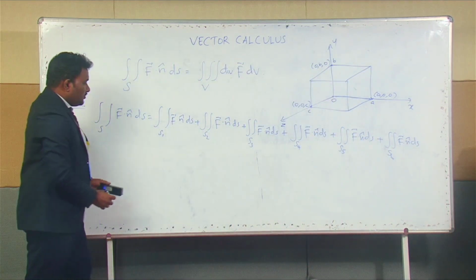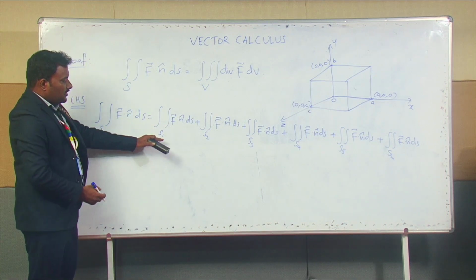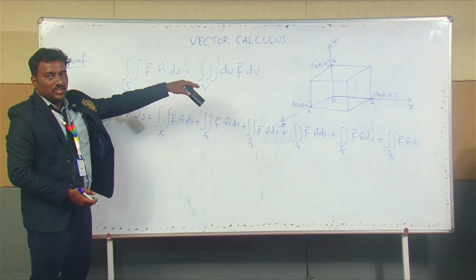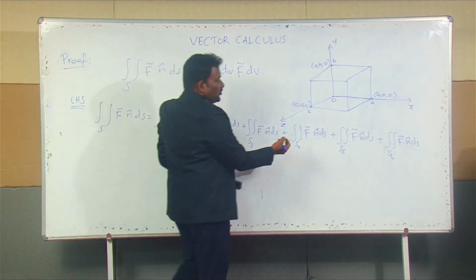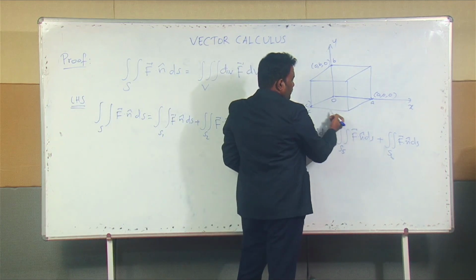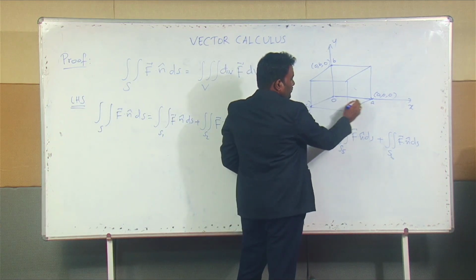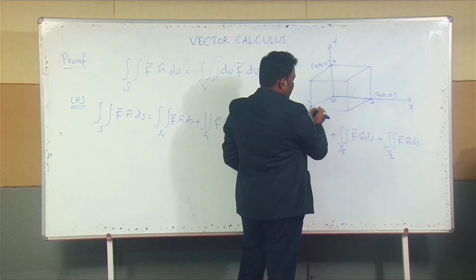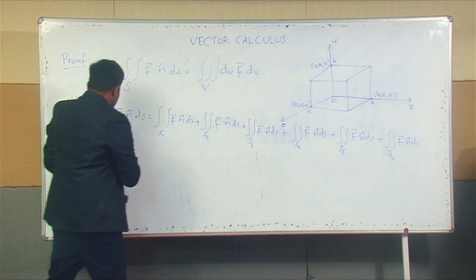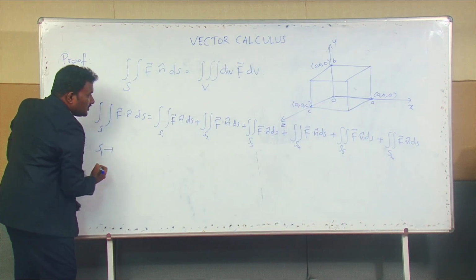So first, if we take S1, S2, S3, S4, S5, S6 in order, S1 is the face which is under the x and z axes. Okay. So I am taking this S1 surface as